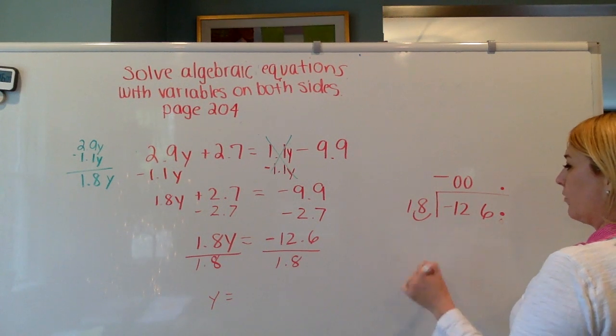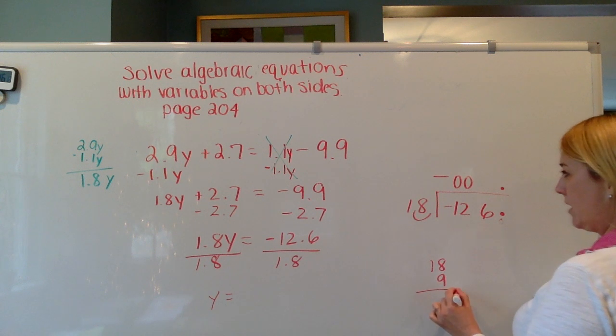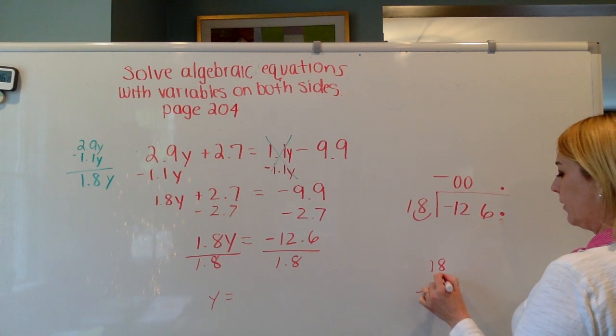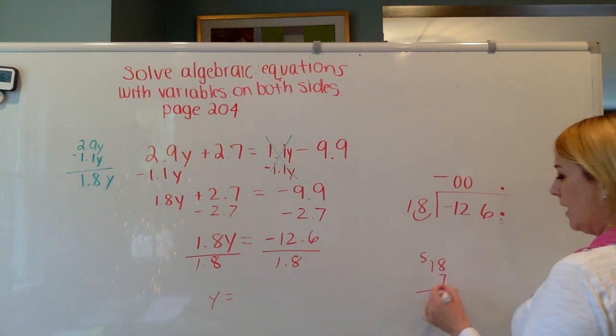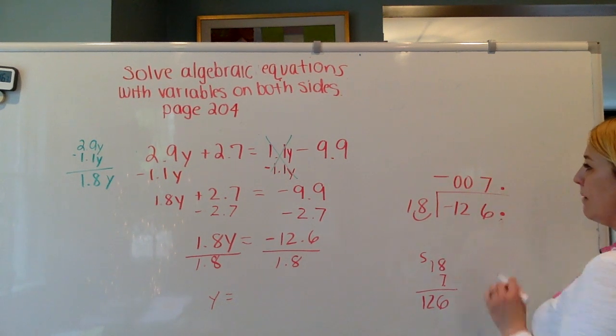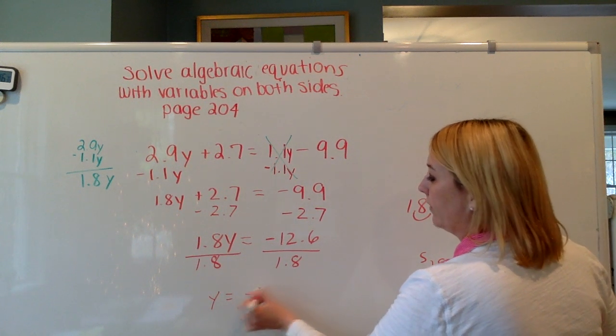Well, let's see, I'm going to try it out. What's 18 times 9? Well, that's going to be 72. That can't be right. About 7. 8 times 7 is 56. Put the 6, carry the 5. 7 times 1 is 7, plus 5 is 12. Look at that. So my correct answer is y equals